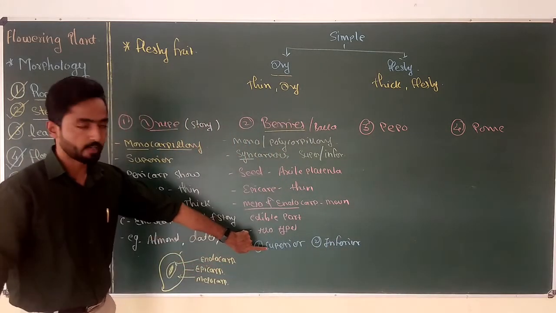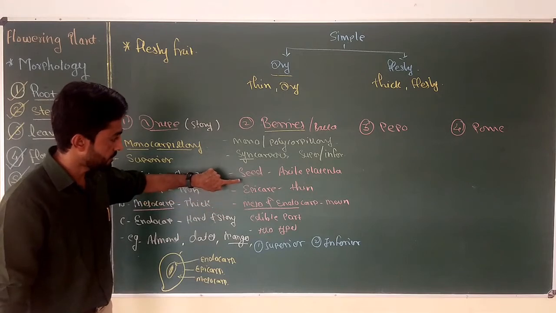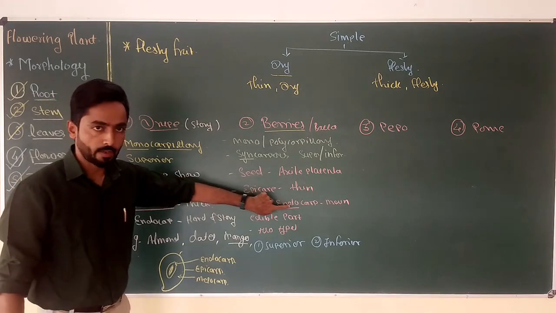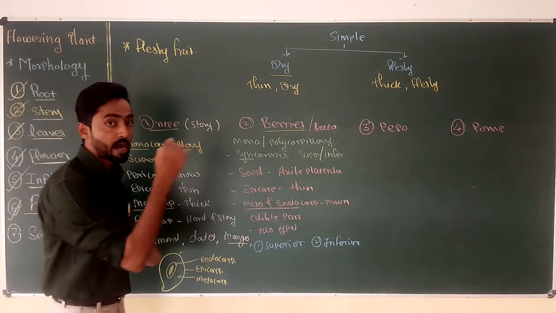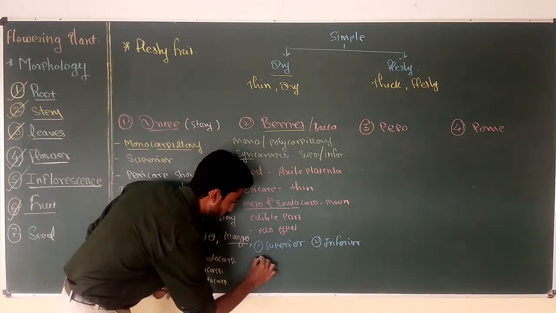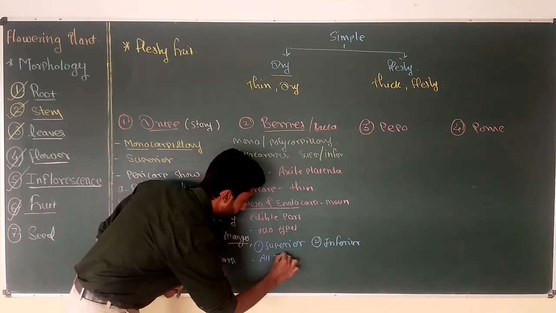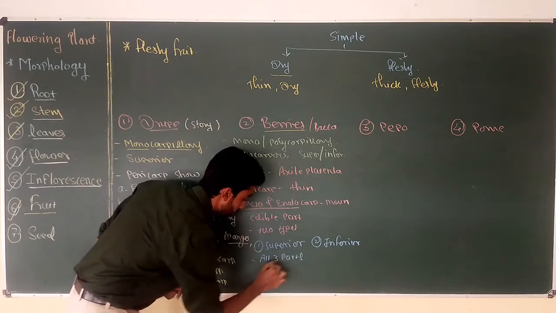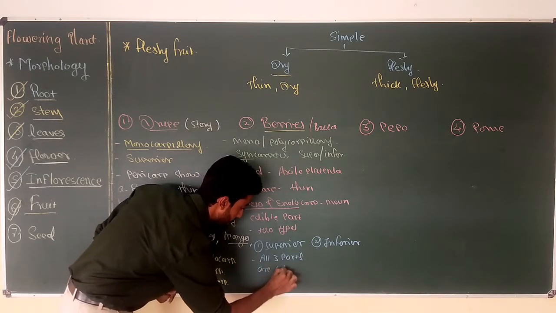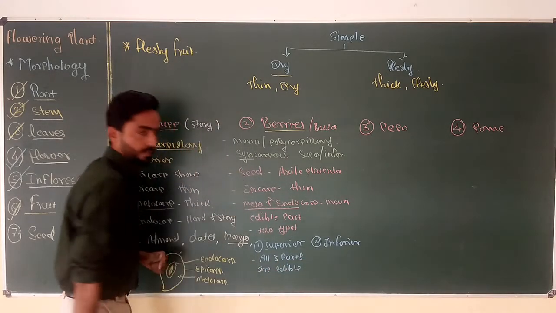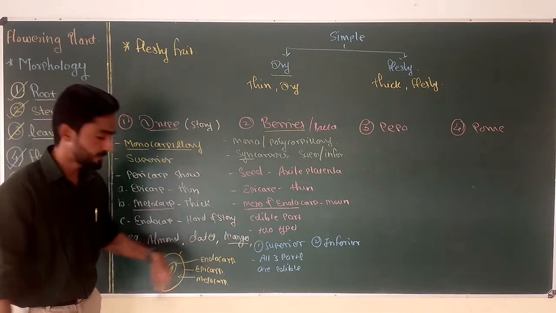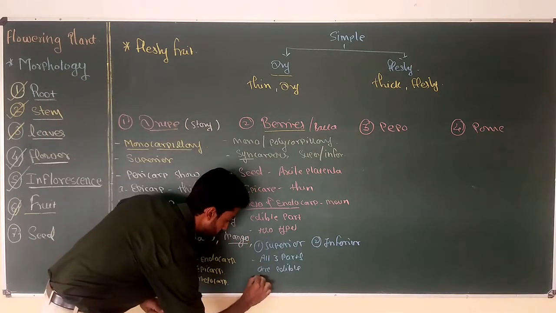In case of superior berry, all three parts, that is epicarp, mesocarp and endocarp of the fruits are edible. So all three parts are edible in this type of berries. And example of the superior berry is guava,